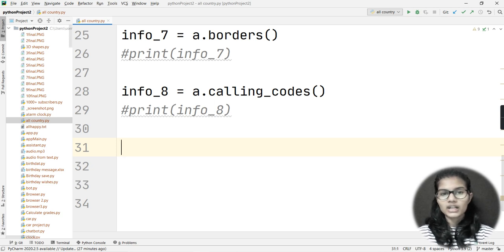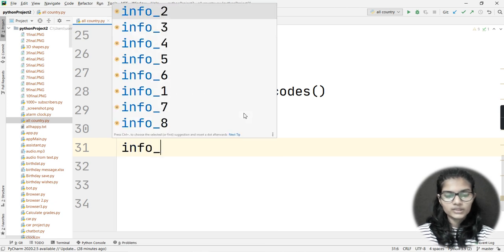When you click on that link, it redirects you to a Google Chrome tab and opens all the information about that particular country. So this wiki is one of the best functions we have in this country info library. I will let you know how to use it.